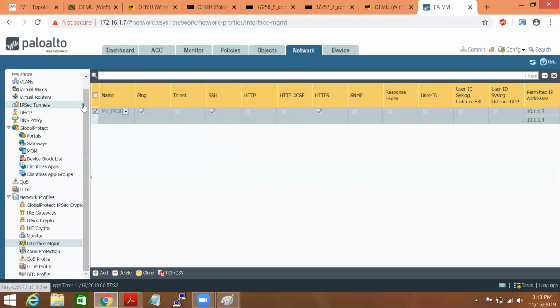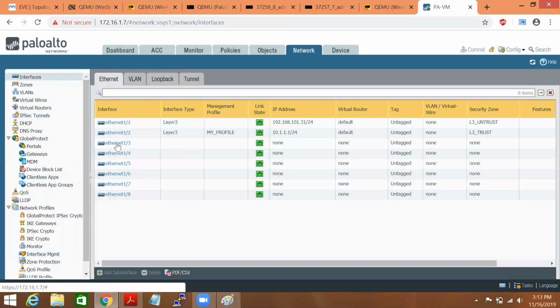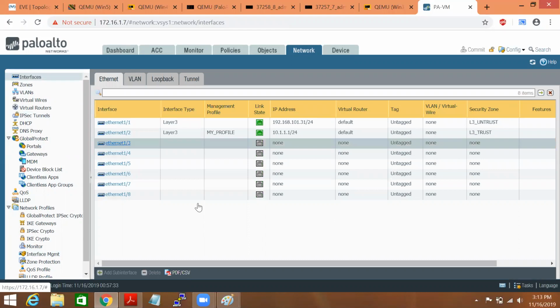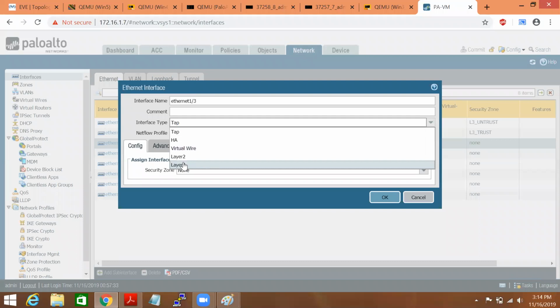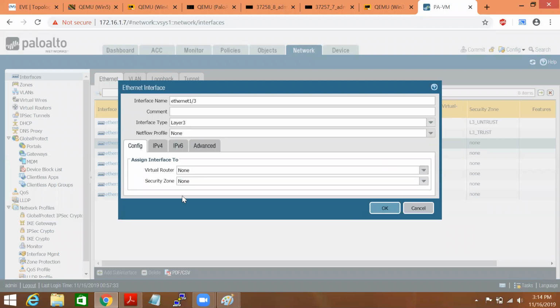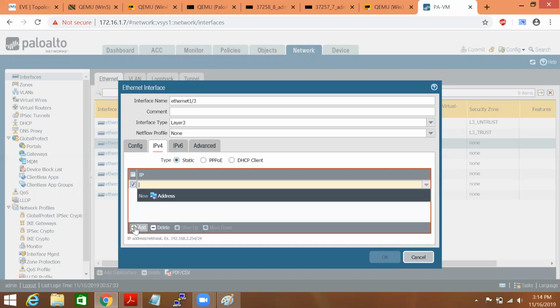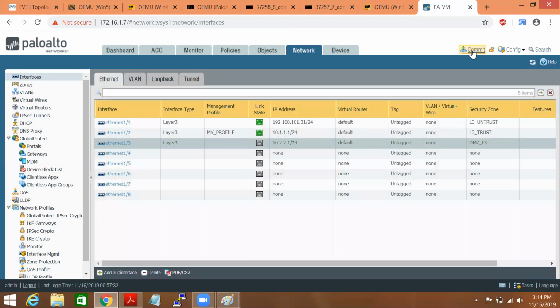The last task: configure the interface. So 1/3 is basically 10.1.1.2. Just quickly typing default and zone, which is DMZ, L3, IP version 4, and 10.2.1/24, and now say commit.